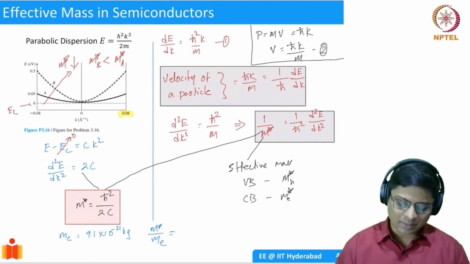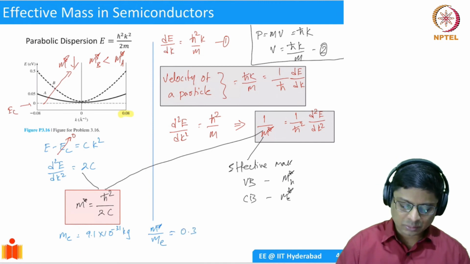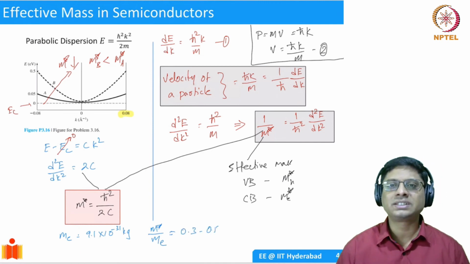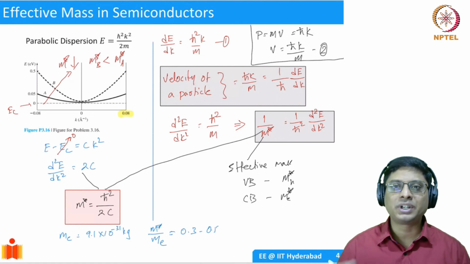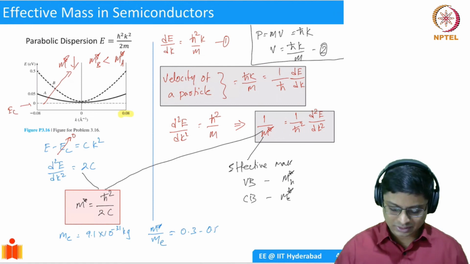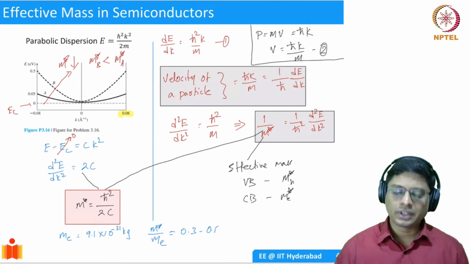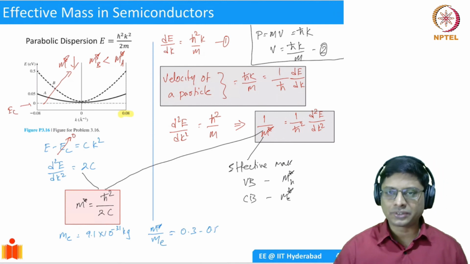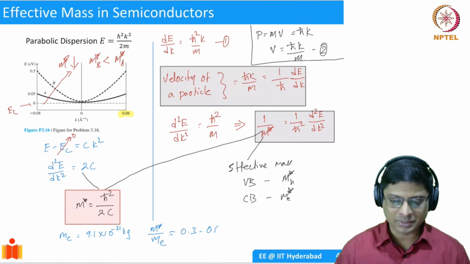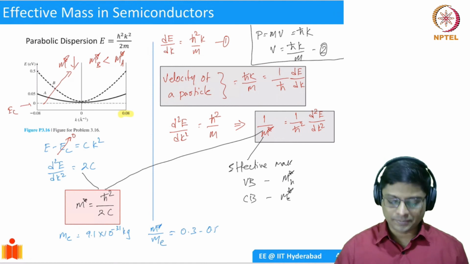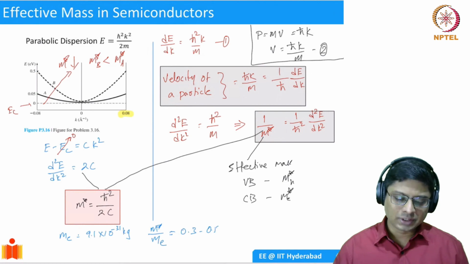It will be some number like maybe 0.3 to 0.5, something. It can depend. These things are very much dependent on the orientation in the crystal and a lot of other factors. So basically we just refer to the ratio. That means to get the actual effective mass, you have to multiply it by Me. Okay? Please make sure you remember that. All right. So this is about effective mass, right?